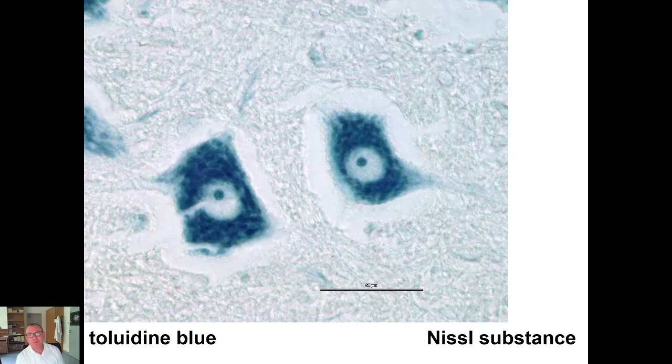Toluidine blue is used to show Nissl substance in neurons, so you can see blue color of cytoplasm, and it isn't a homogeneous blue color of cytoplasm, but some pieces of cytoplasm are more blue, darker blue, and it is Nissl substance. The same blue color is also in the nucleus, and maybe you know what it is. It is the nucleolus, which is in fact composed of the same ribonucleic acid as ribosomes in the Nissl